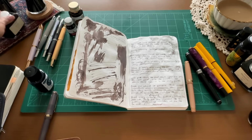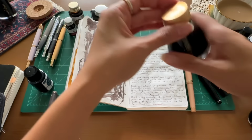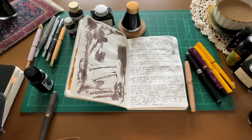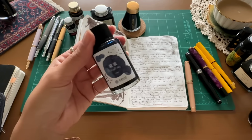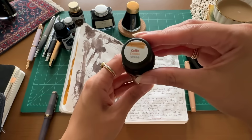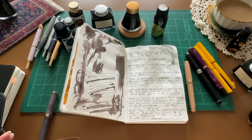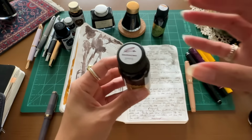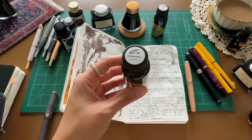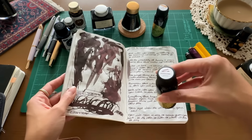I'm loving my Hongdian Black, it's a favorite. The Alchemy Wizard's Pencil is another favorite. Lennon Toolbar Silent Night for blue. You guys know I'm always raving about Cafe Crema, favorite ink. And then if you like a dark color, but you want a little hint of something else, like if you like black,